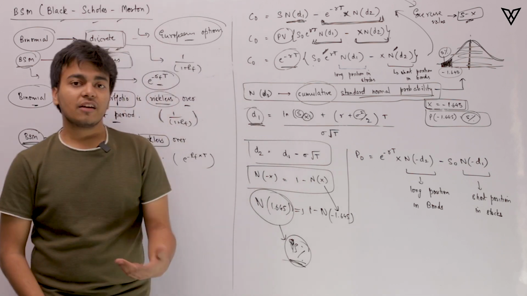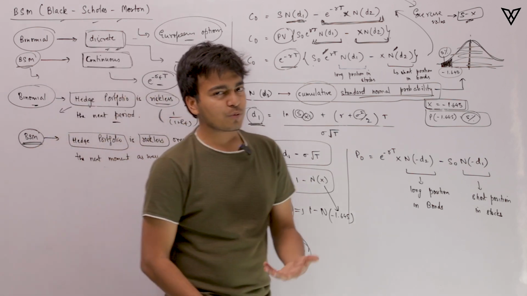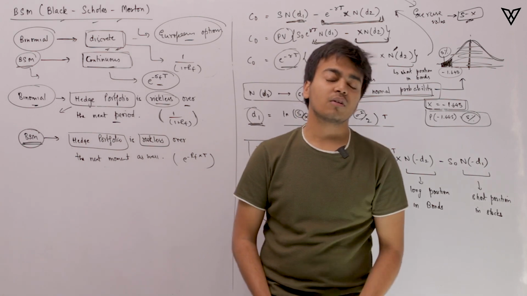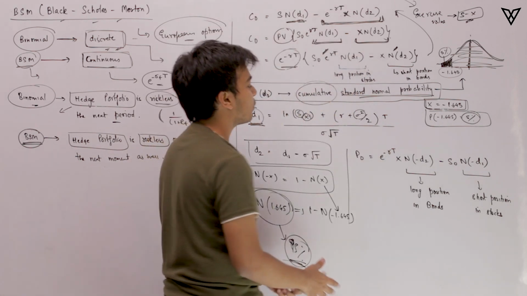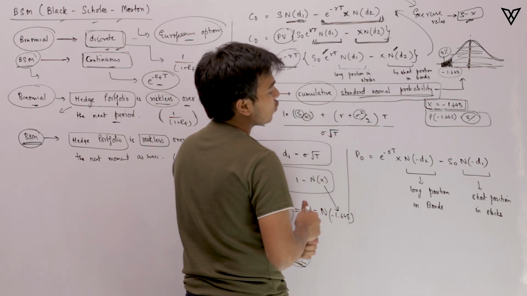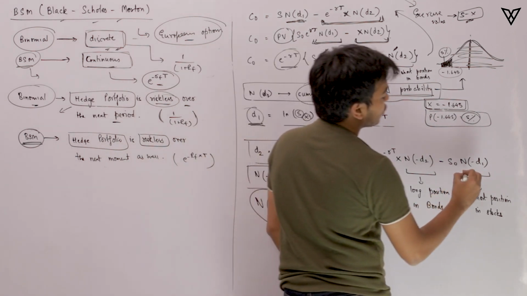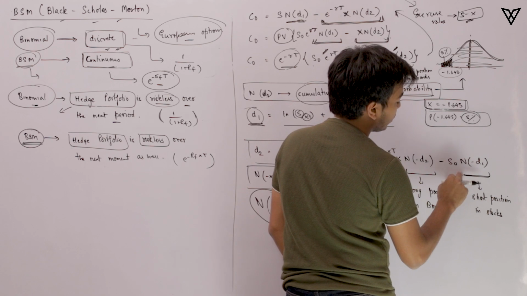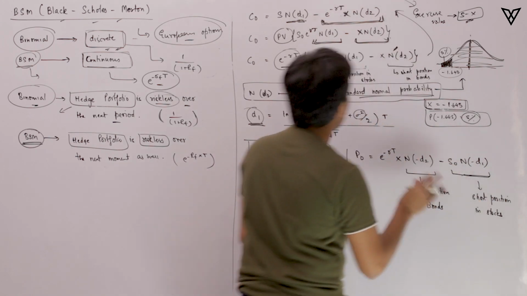Secondly, the way we discuss the value of a call option, in the very same way you can figure out the value of the put option. The value of the put option works in an exact reverse way. So what you need to do is take short positions in stock. The idea is pretty simple.